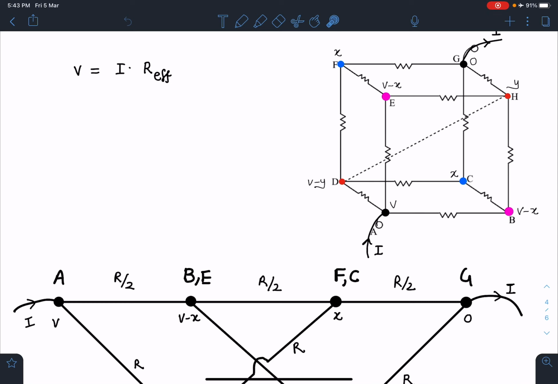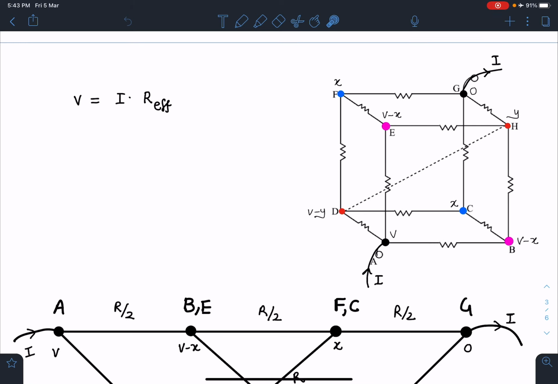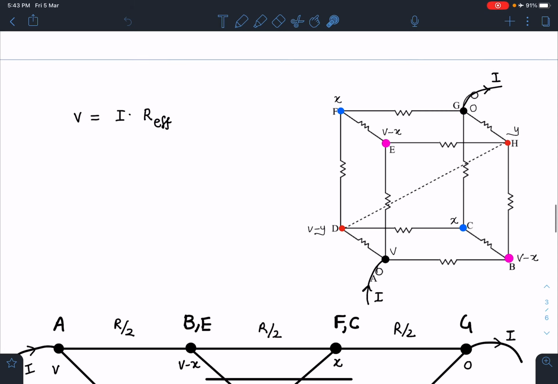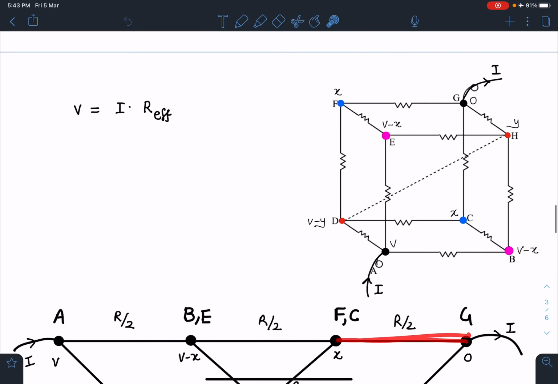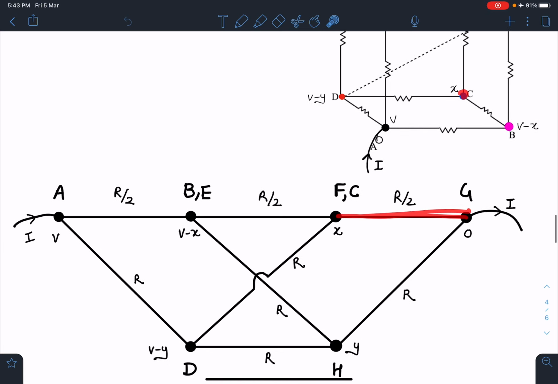Similarly, between BE and FC, B point is this here and this here. From the other side also we can take similarly, point F and C, they are at the same potential. So once you join all these resistances, I'm not explaining it further, I think you can easily understand. There are three resistances which are overlapping, so they will become R by 2. Remaining resistances you can just connect like this, and you can count the overall number of resistances also.